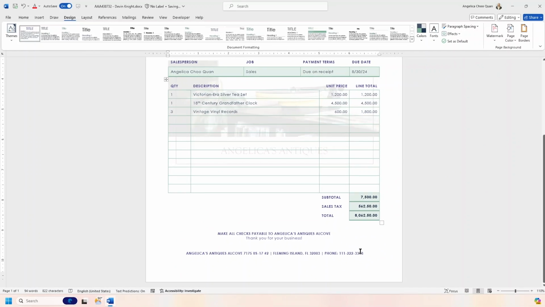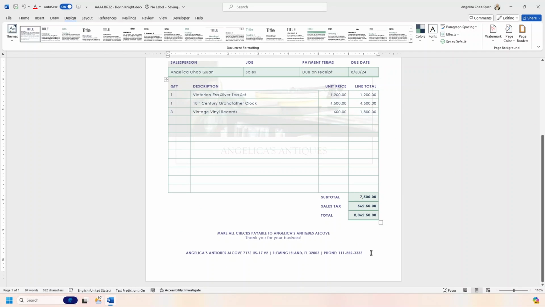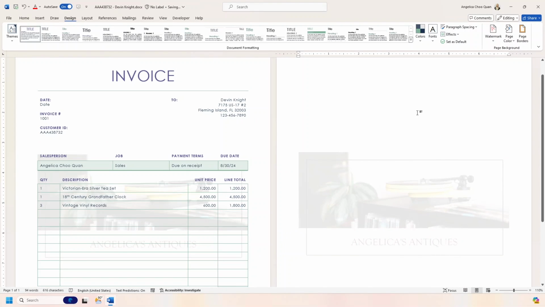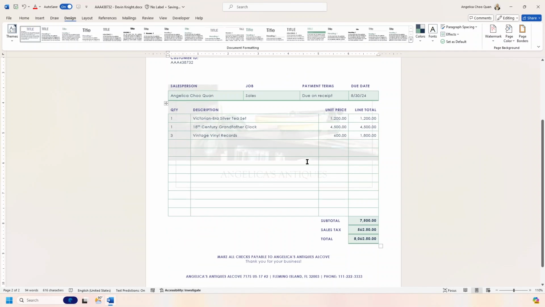And if we wanted to, let's say that this invoice ended up being multiple pages. If I had multiple pages on this invoice, that watermark would automatically be applied, which is really neat. Now, you'd want to make sure that you save your document, of course, but you also want to